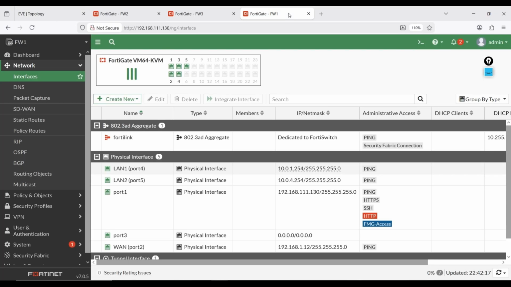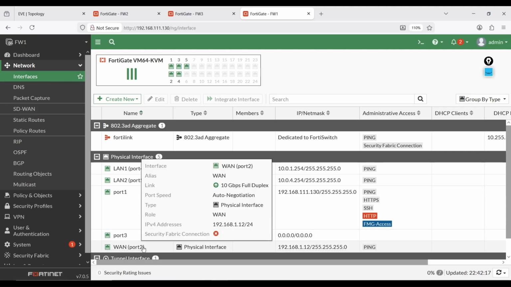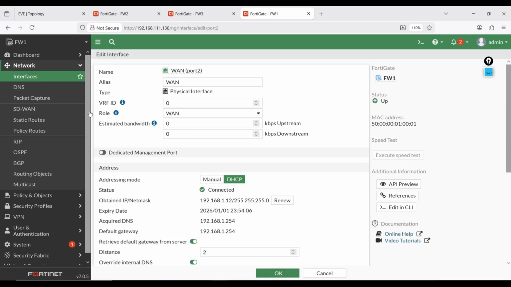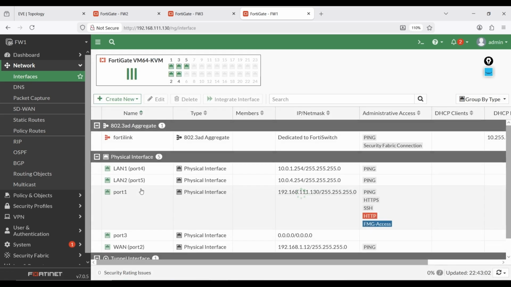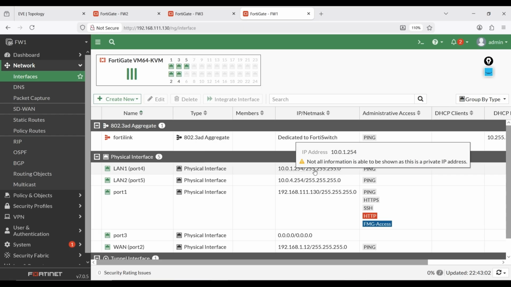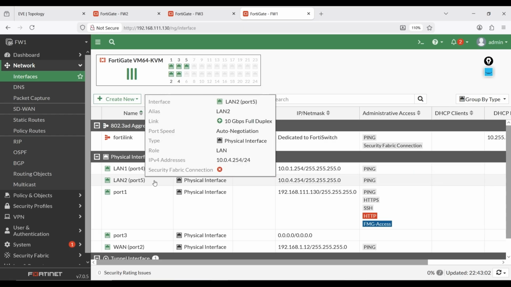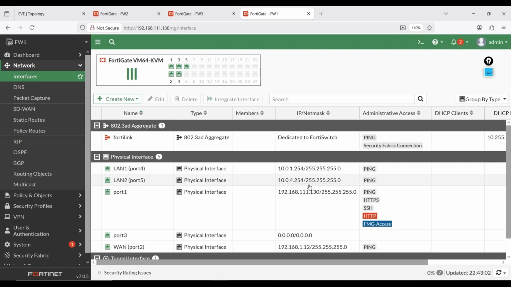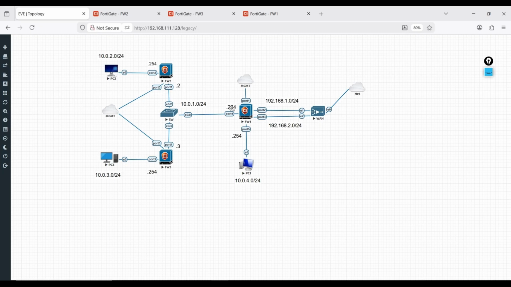I can show you here in firewall 1, go to interface, and port 2 is our WAN, which is a dynamically configured port. Port 4 is our LAN 1, which is the 1.0/24 subnet, and port 5 is our LAN 2, which is the 4.0/24 subnet, and 254 is the IP we have configured on our firewall 1.